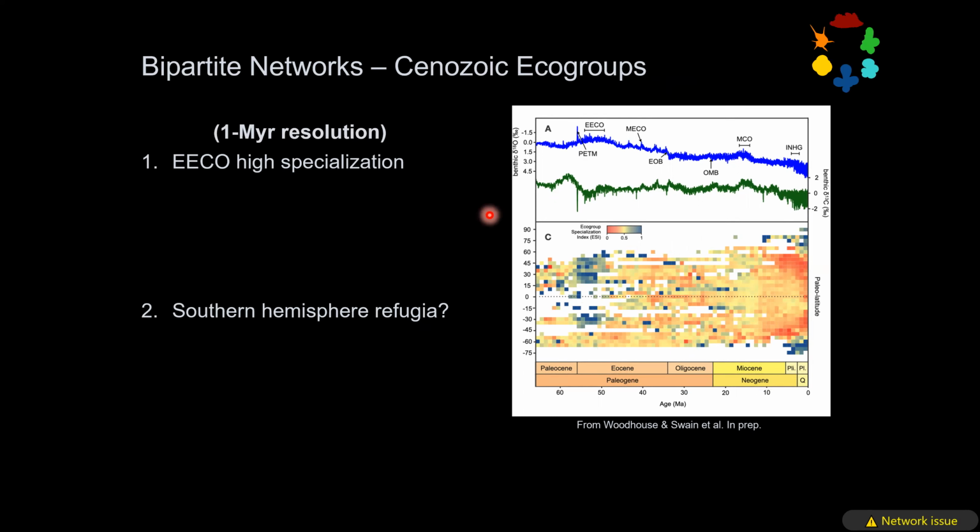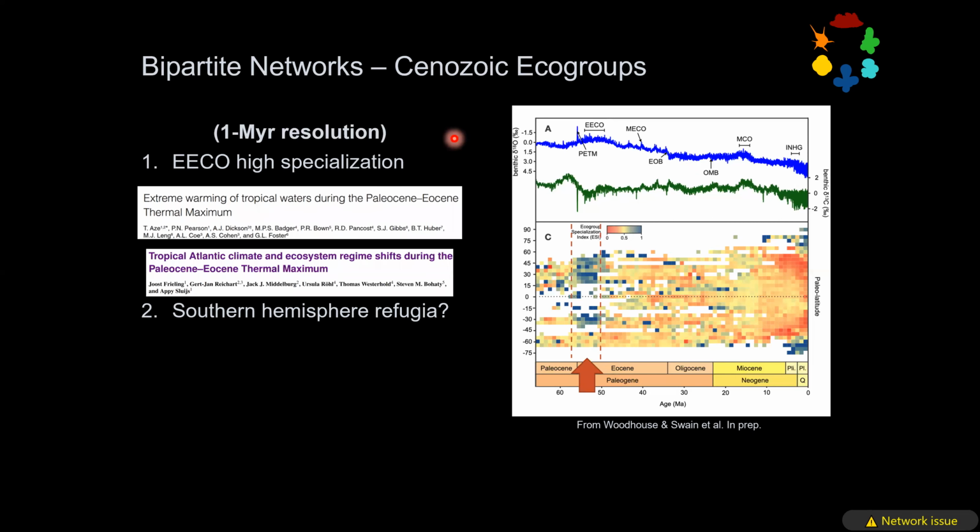So now moving on to the ecogroups, our 6 ecogroups indicated up here. Again, this is the Cenozoic 66.0 and the paleolatitudes here, and it's the ESI, the Ecogroup Specialization Index, this time. And again, patterns start to pop out just at a first glance. So obviously here during our Early Eocene Climatic Optimum, we have very high specialization in blue, indicating very few ecogroup species dominating these latitudes here,